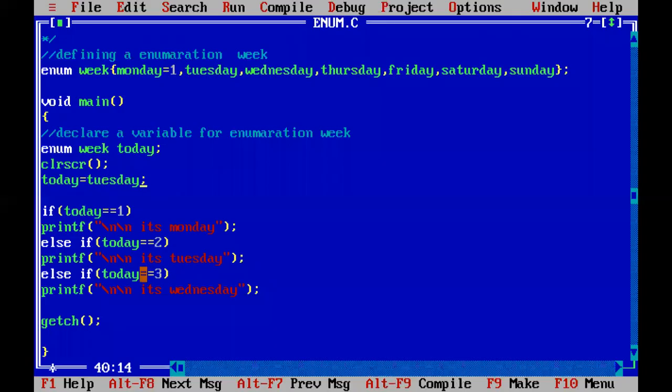And if you change it to Wednesday, Wednesday value is 3. That 3 is assigned to today. Now today value is also 3, and come to the program if else statement. Today is 3. 3 equal to 1, false. Now come here. Today equal to 2.